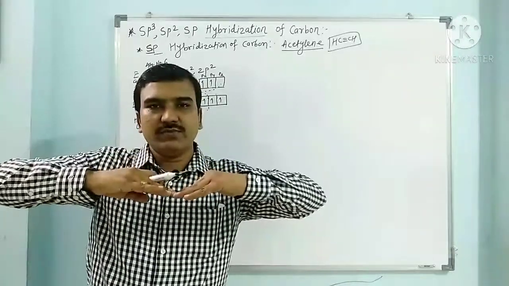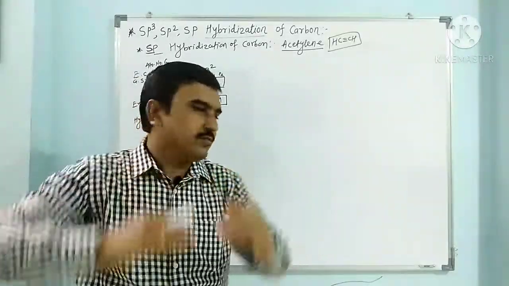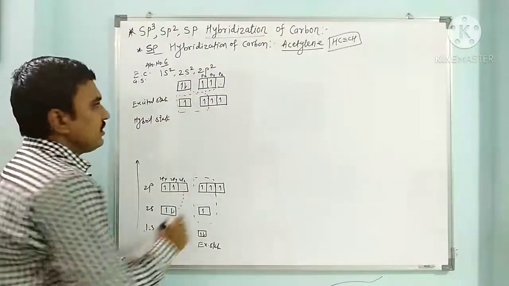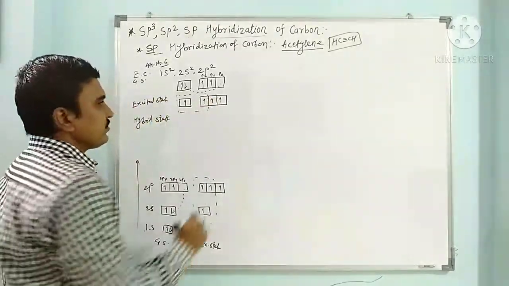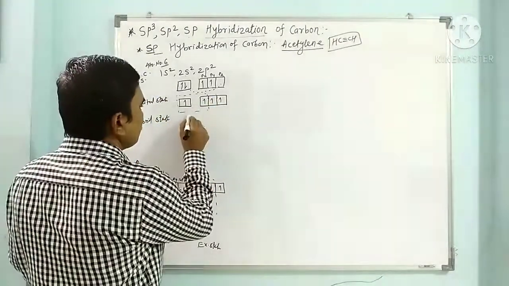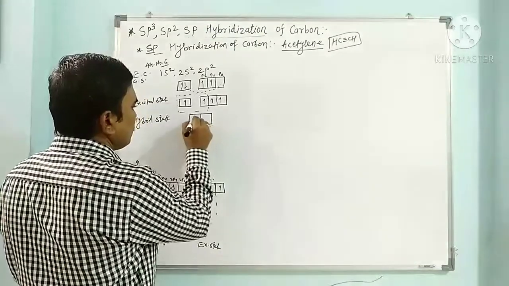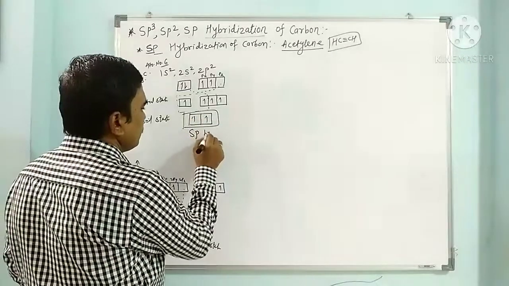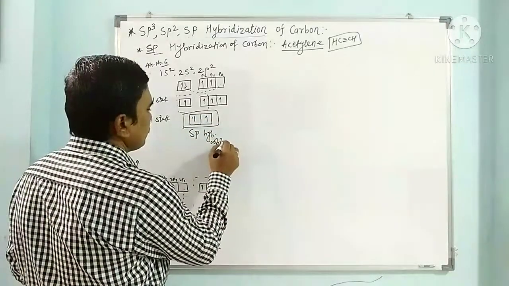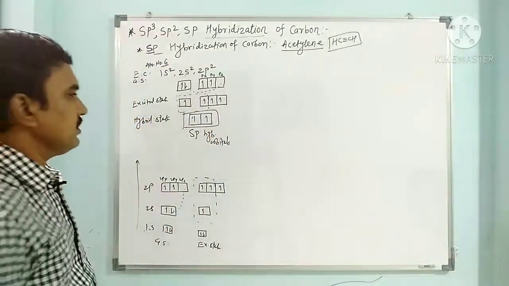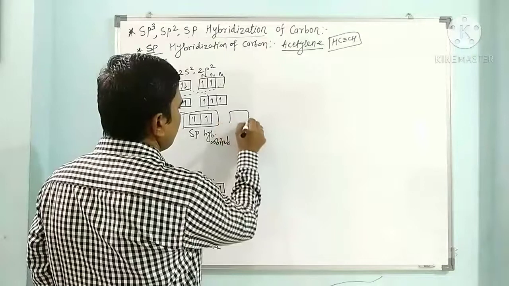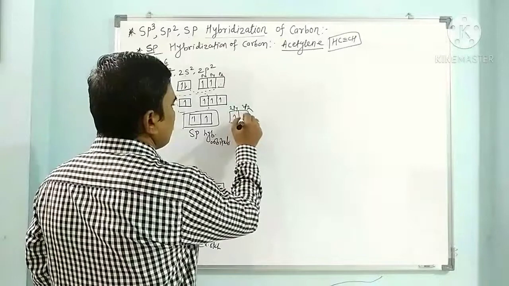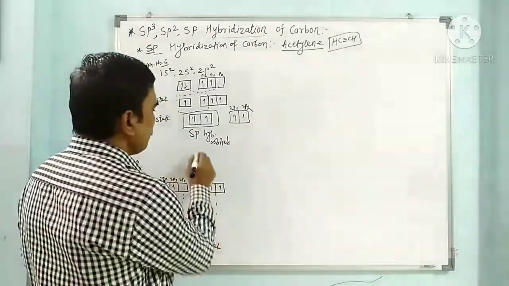So linear geometry is there for the sp hybrid carbon. Now here in the hybrid state, one s orbital and one 2px orbital undergo mixing and recasting, giving a new set of two orbitals. These are the sp hybrid orbitals, and this makes sp hybridization, while these two are 2py and 2pz. So here these are responsible to form sigma bonds,